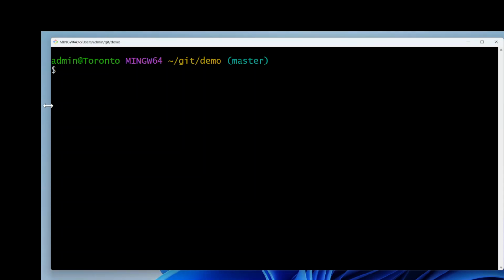Hi, today I want to demo how to delete a file, rename the file, move the file to another directory, and also because sometimes we have a secret file in the